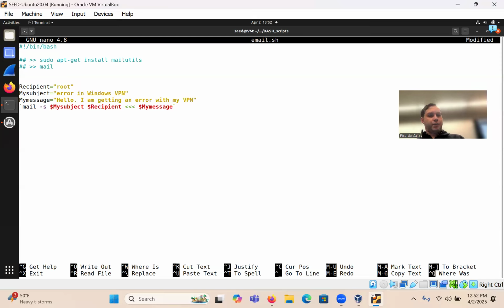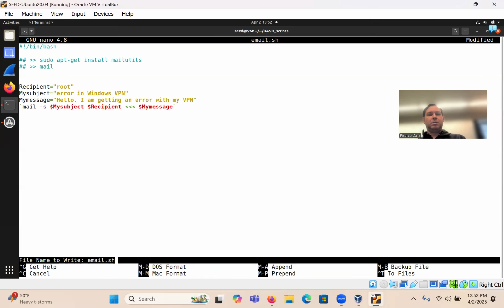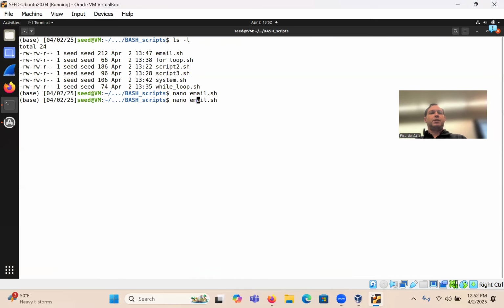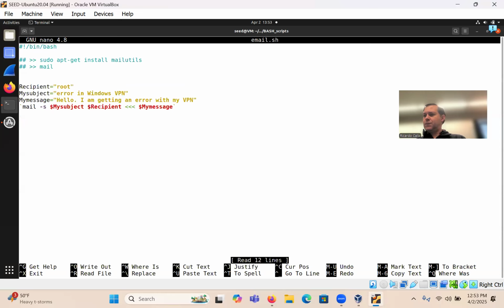Okay. So let's try it first here on the local machine. So I'm going to try to run this script with sh. Redirection unexpected. I have an error. Now dash else, subject, recipient.